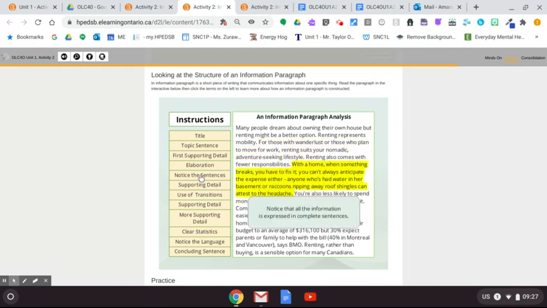So next part in an information paragraph, let's have a look. With a home, when something breaks, you have to fix it. You can't always anticipate the expense either. Anyone who's had water in the basement or raccoons ripping away your roof shingles can attest to the headache. So they're giving some more information as to why renting